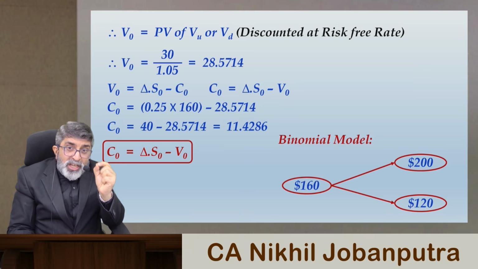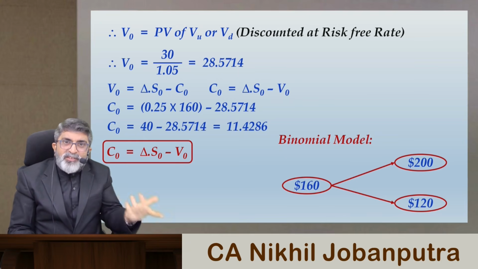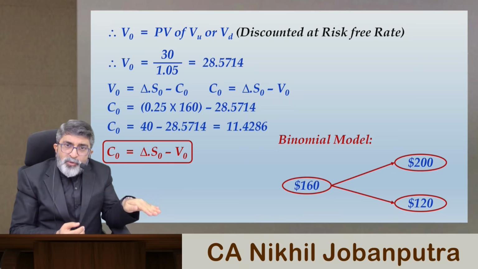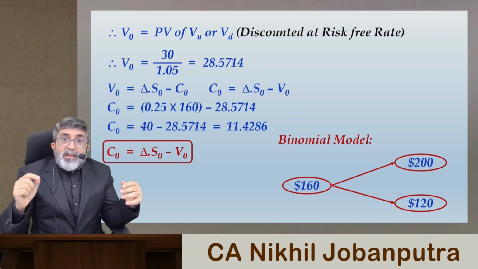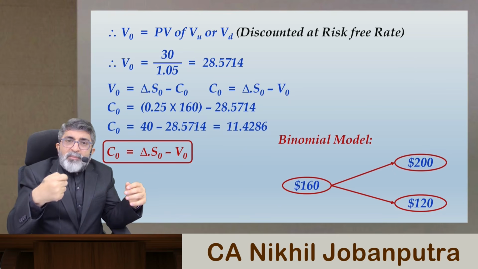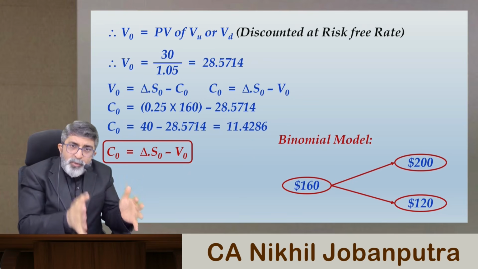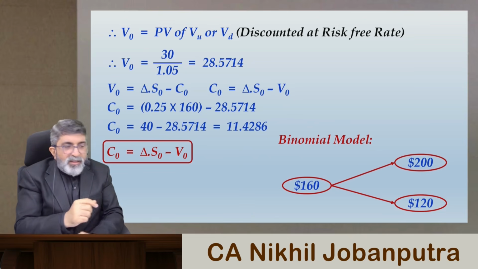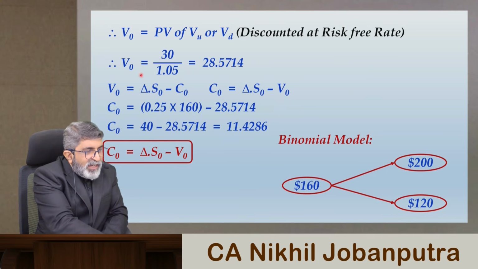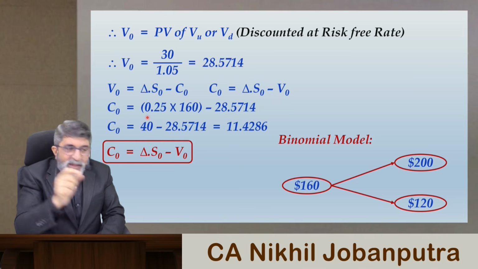If you are taking the change in terms of time as an infinitely small time frame, every moment, say every second, the price is changing, then this up and down move you have to construct multiple times, and that will make a huge tree where calculation node by node will become almost impossible. That means what we were doing in 1 period and 2 period or even multi-period binomial model is not going to work. Secondly, when we constructed this delta value as 0.25, the call delta was 0.25, it was based on these price